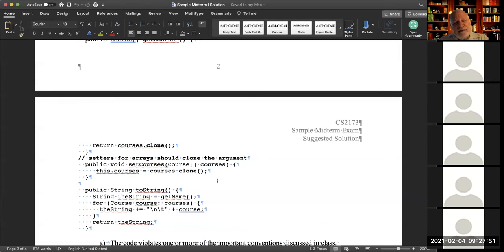This object doesn't know or care what the other classes are doing with this variable. By cloning it, it's like, now I don't care what you do to this array that you just passed in. You could muck with it, you could add or remove stuff. I don't care because that's not going to affect me.